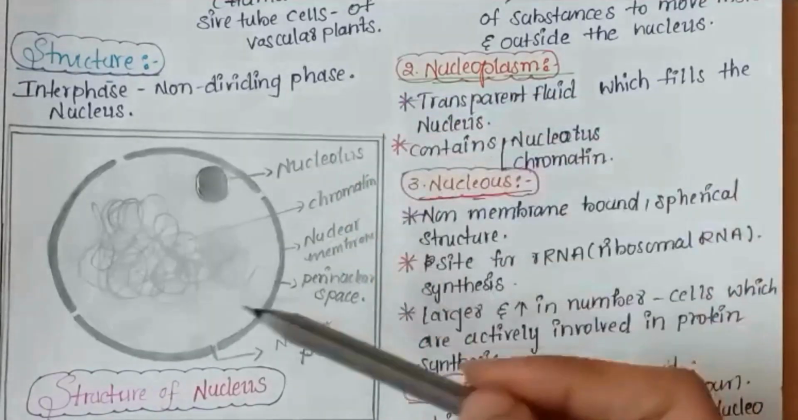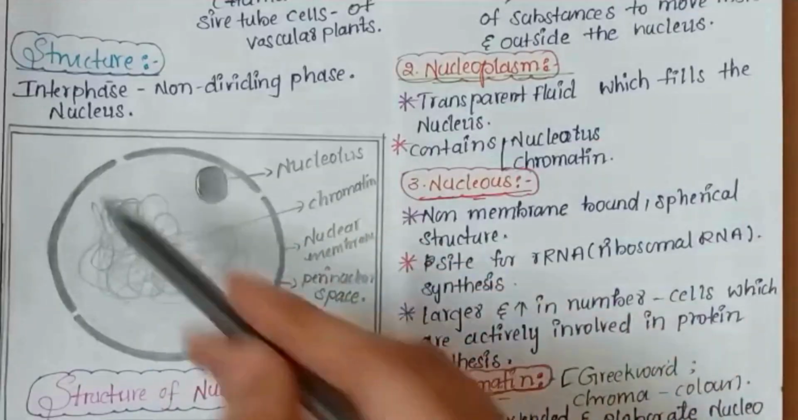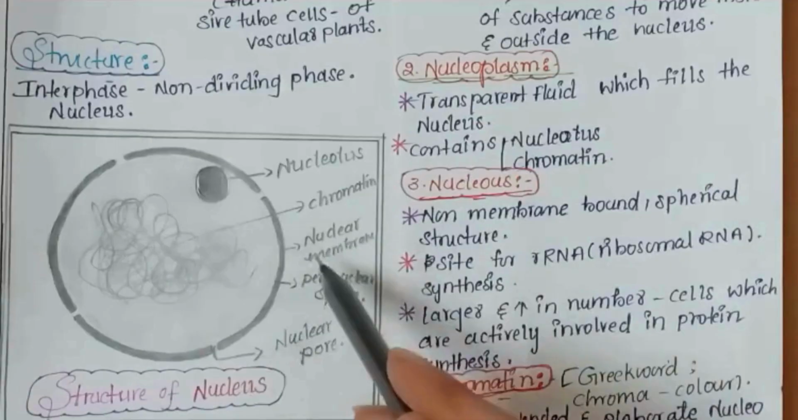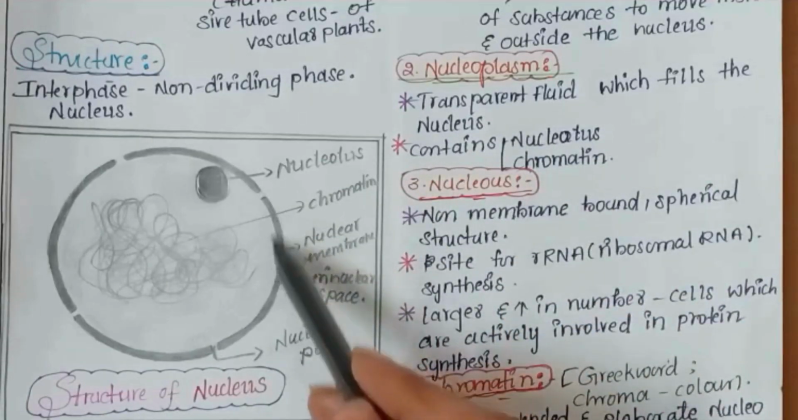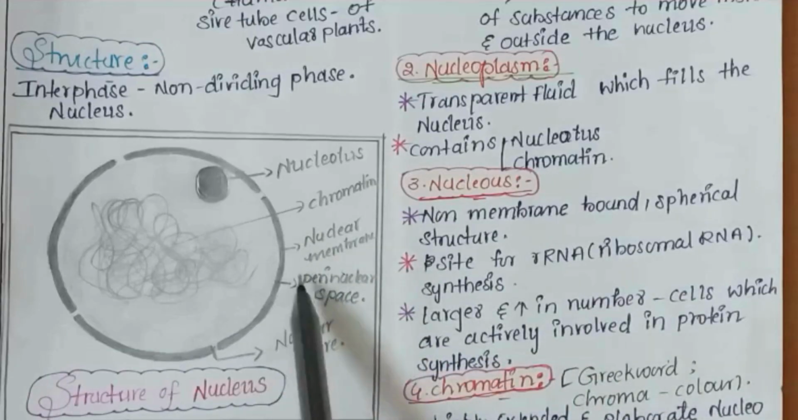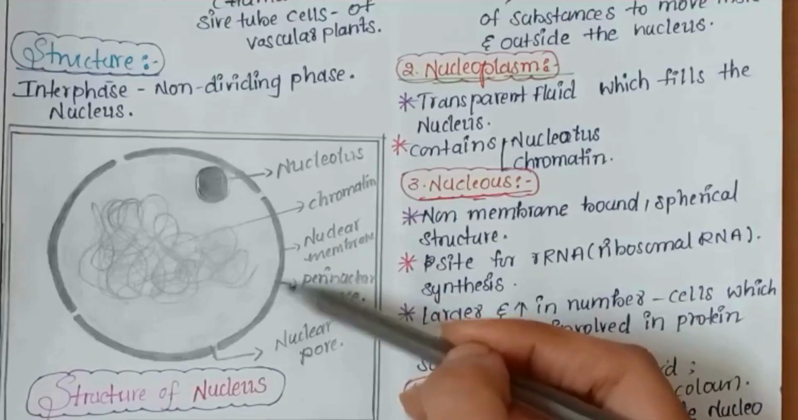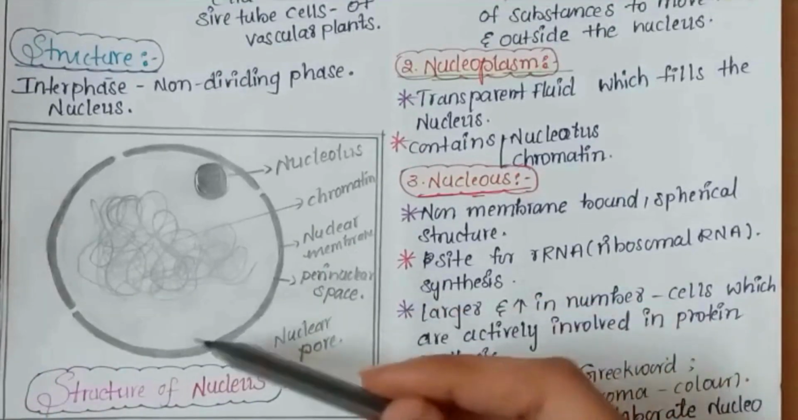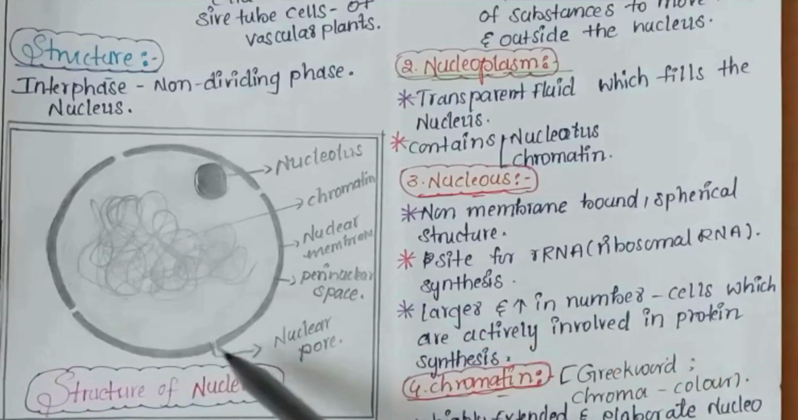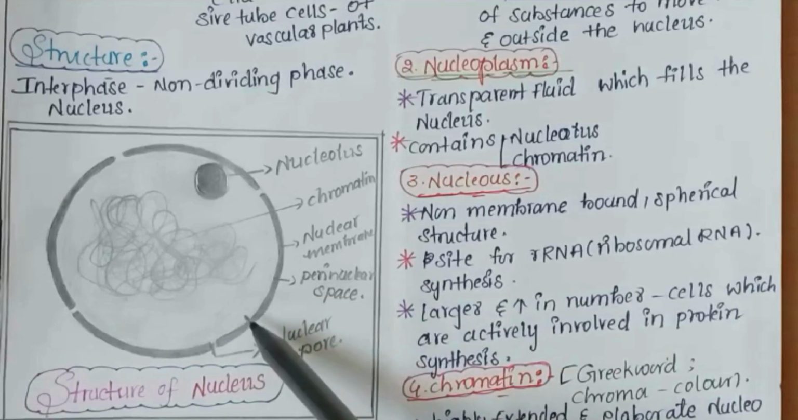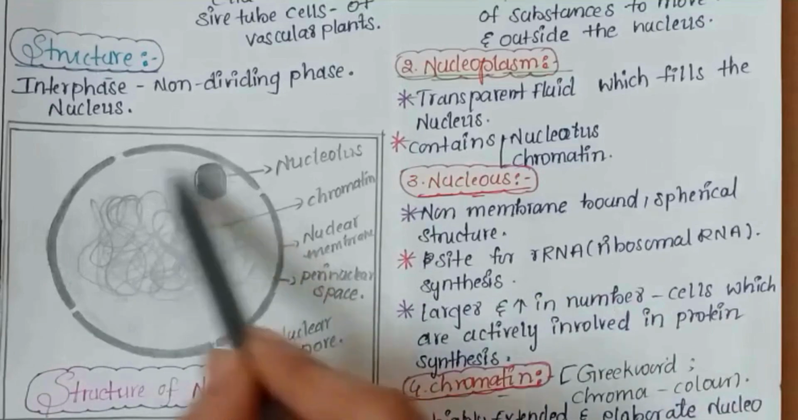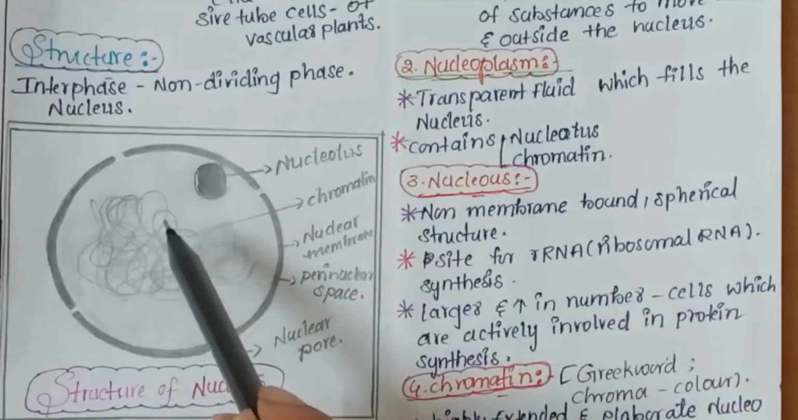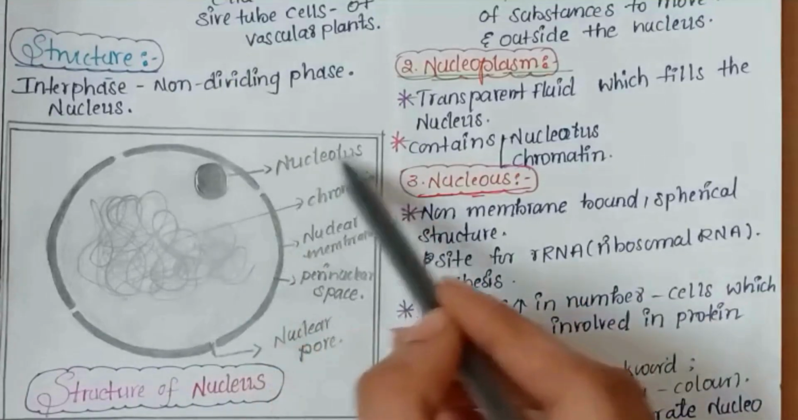Coming to the nuclear envelope, which is the membrane that separates the nucleus from the cytoplasm, it is differentiated into an outer membrane, which is continuous with the rough endoplasmic reticulum, and an inner membrane, which is smooth. Between these two membranes there is a space which is known as perinuclear space, and there are nuclear pores which are formed by fusion of these two membranes, and this forms a passage for substances to move inside and outside the nucleus. And there is a transparent fluid which fills the nucleus, which is known as nucleoplasm, that contains